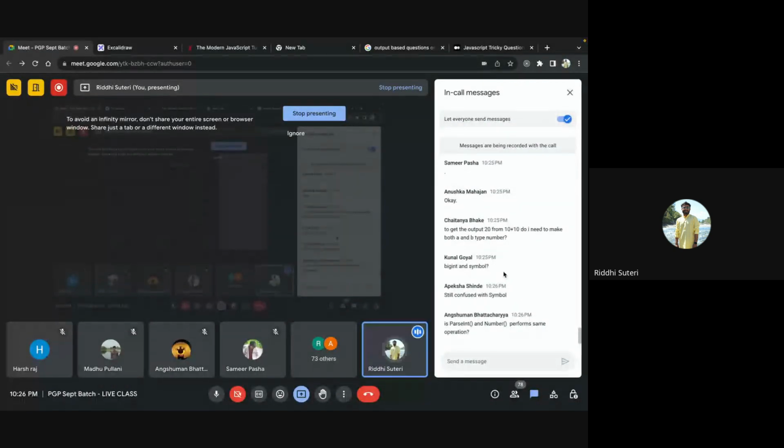And these are also recent additions. Yes, both the functions parseInt and Number perform the same operation.